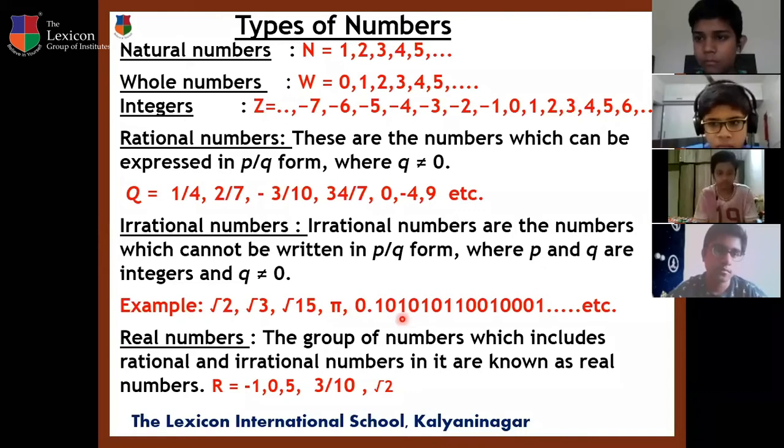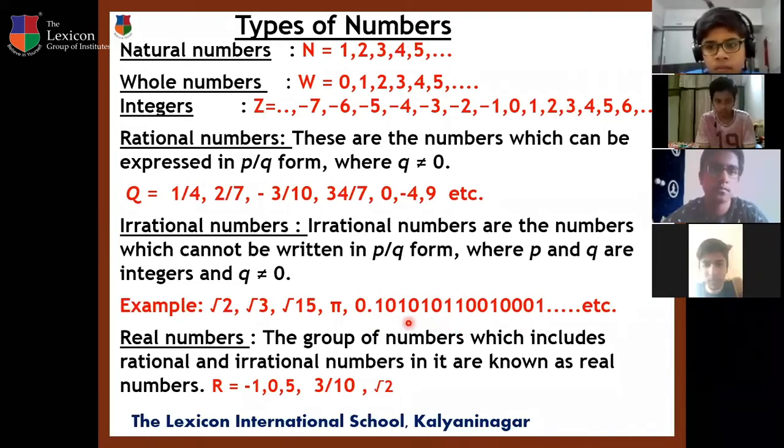Now let us check one more, this 0 point. This is given in decimal form. Okay, this is decimal form, but it is not repeating. It is coming in no particular order. First 1 0 1 0 came, then 1 coming, and so on. So this is also an irrational number. After the explanation of this part, it will be clear why all these decimal expressions are irrational.